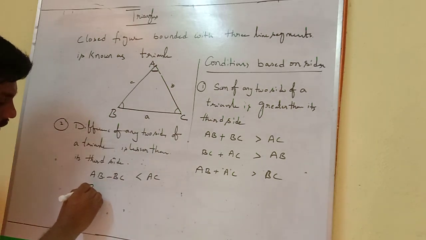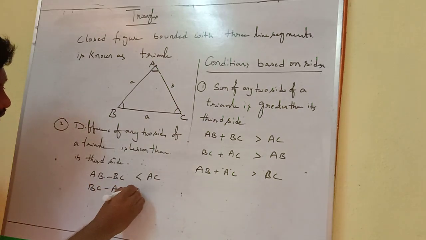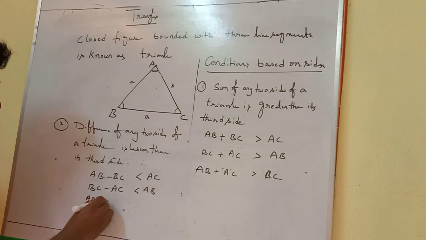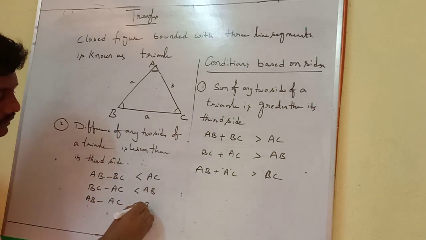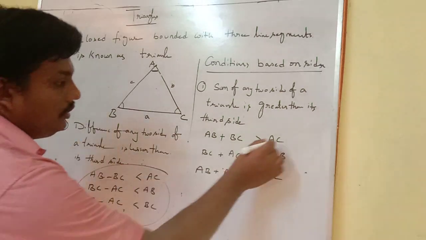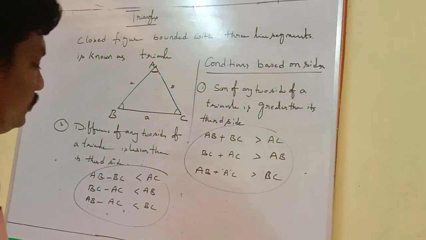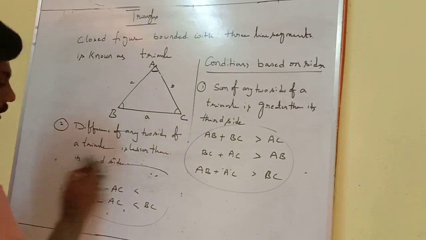Then, coming to this other side, BC minus AC is less than AB. Same, that is AB minus AC is less than BC. So these are the two conditions. The first one is related to sum and the second one is related to difference. Then,